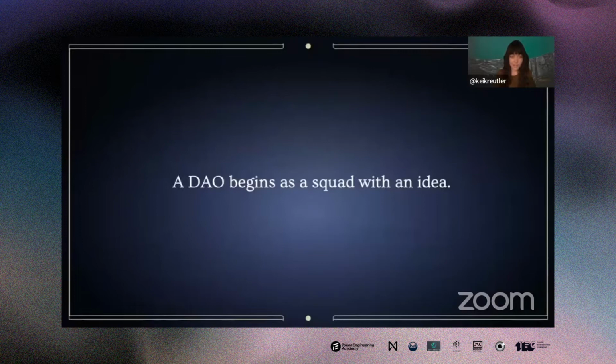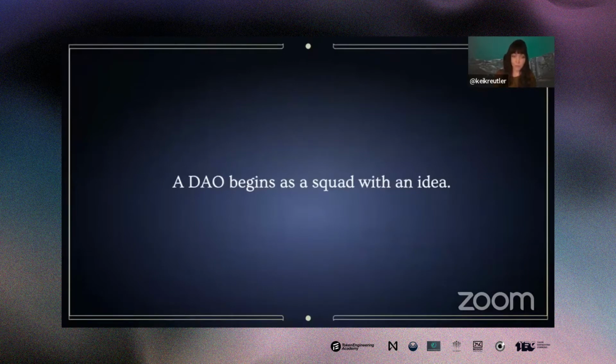So while that may sound pretty abstract, we can dive into how the Zodiac tools can be used in practice. A common scenario today: a DAO begins as a squad with an idea. They deploy a Gnosis Safe multi-signature account to manage shared resources, and this Gnosis Safe has 4 out of 6 signatures required to execute a transaction.